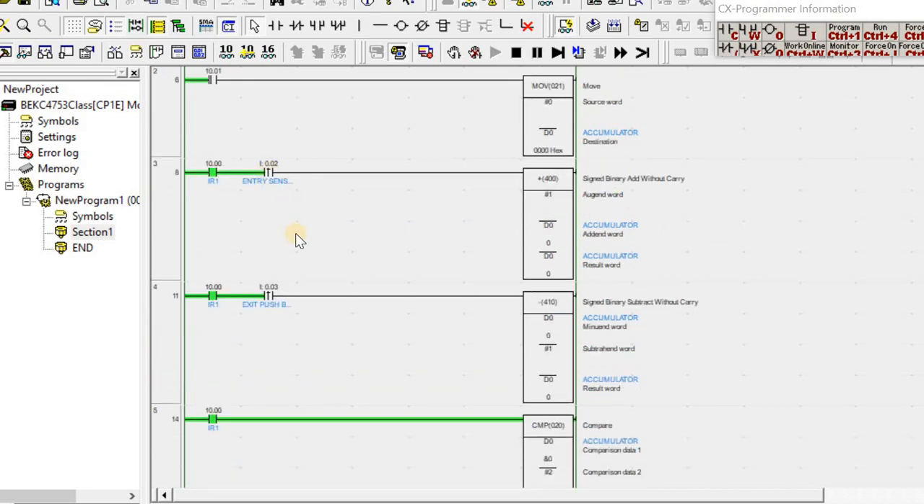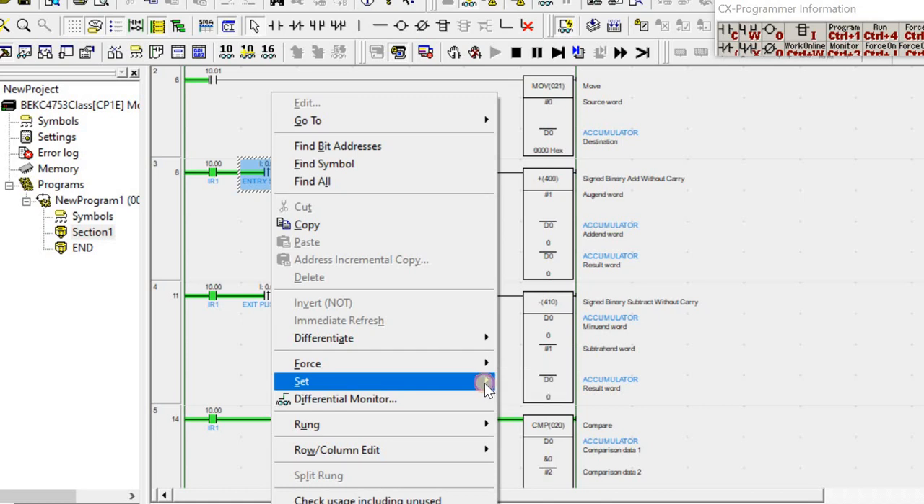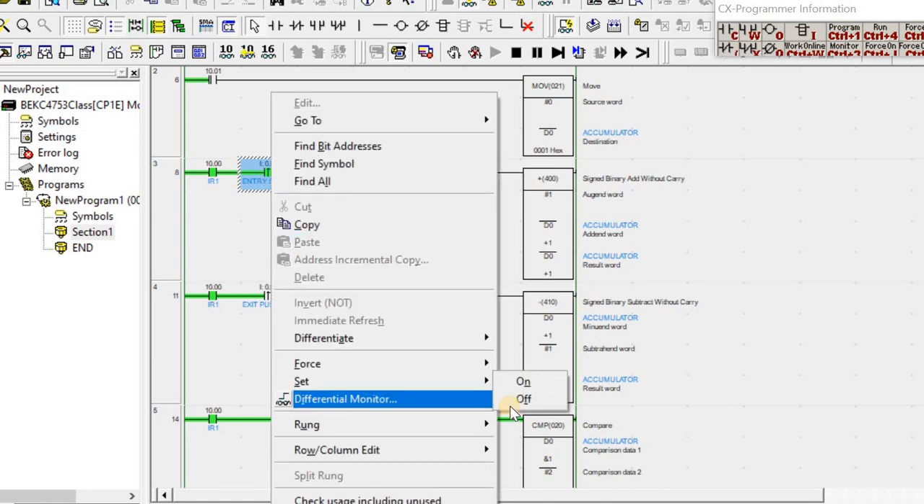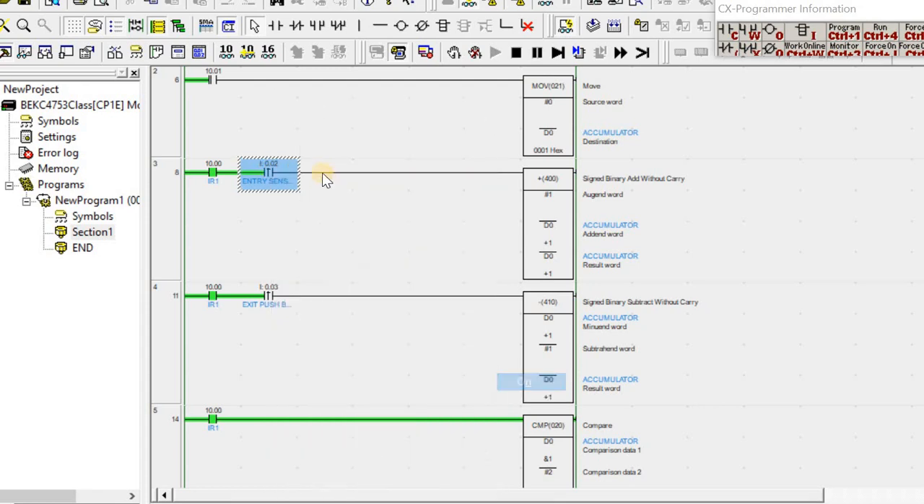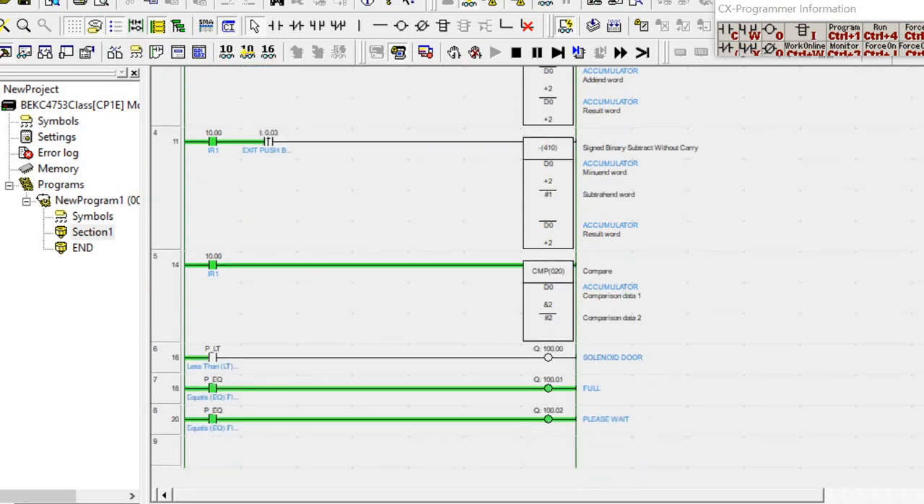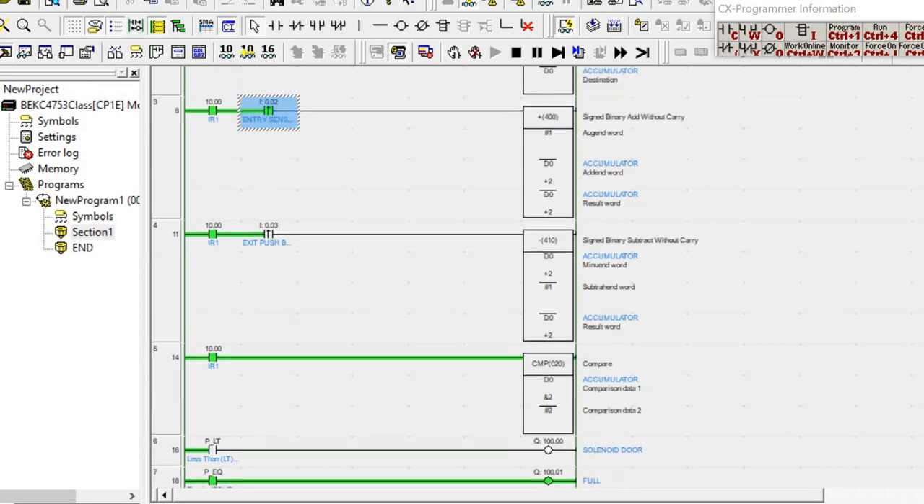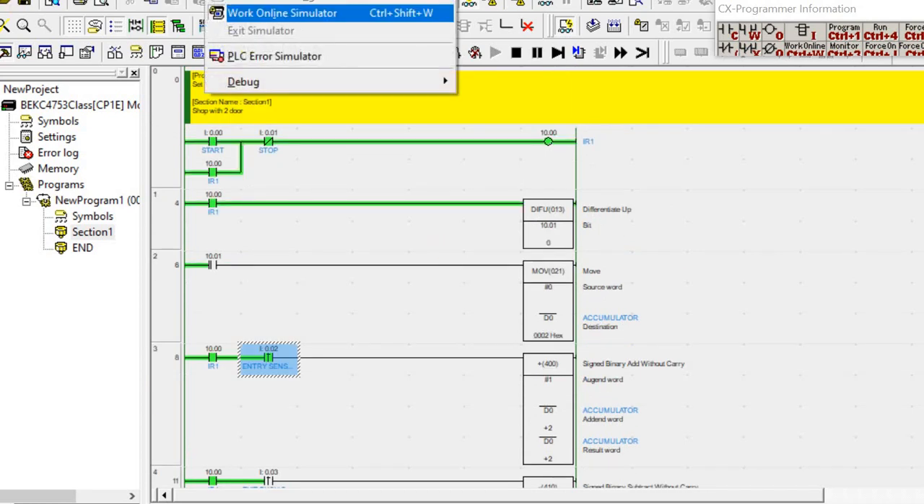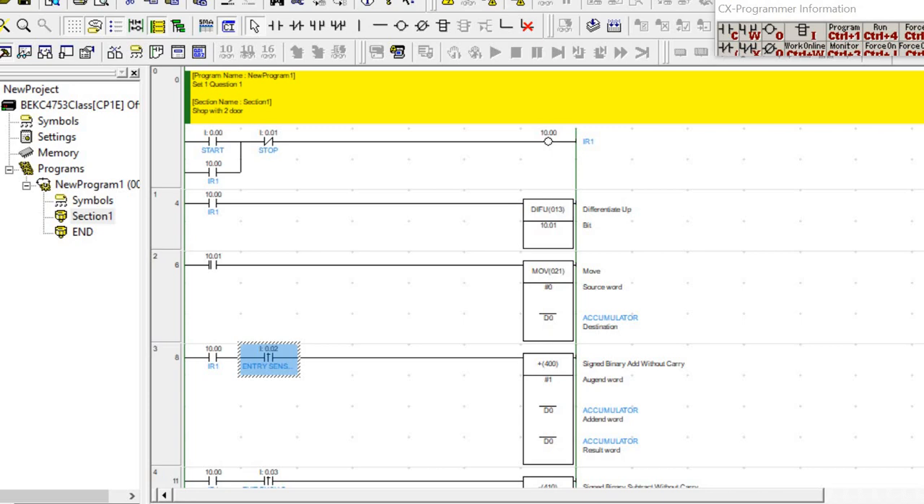So if somebody goes in, so that if there are 2 persons, we can just go straight away to a maximum, okay. So if 2 persons go in, straight away the solenoid door is locked, and then the full and please wait pilot light will be illuminated, okay. Alright, so if we take a look at the third